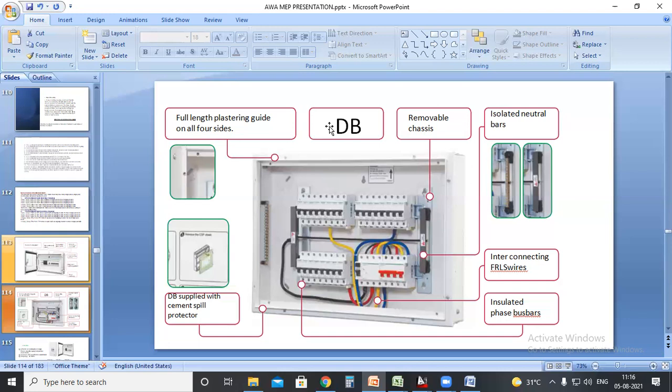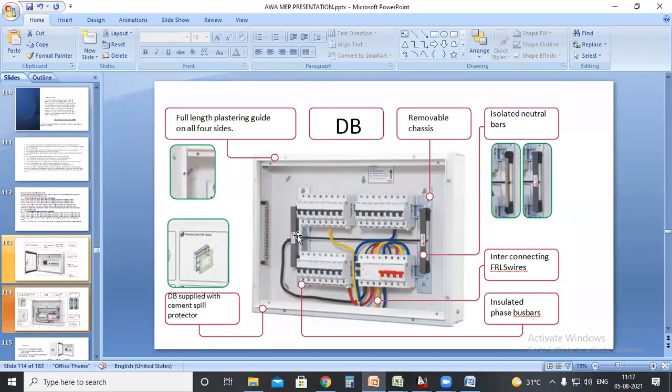A lot of different categories are available now for commercial purposes, for banking users, for residential buildings. Automatic phase selector DBs are available. I will be explaining that. But I just want you to understand the difference between SPN and TPN. Both SPN and TPN have single phase output. But SPN will have only one phase, while TPN will have three phases separately categorized, R, Y, B, and each phase will have a number of circuits.